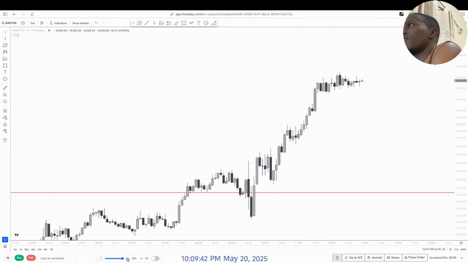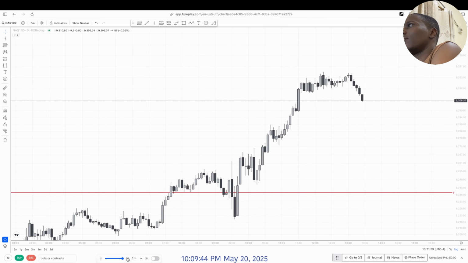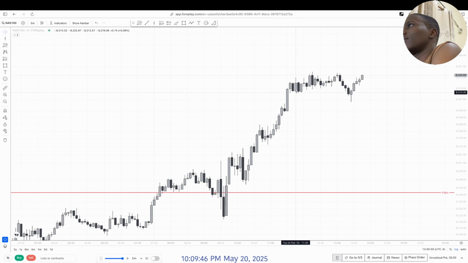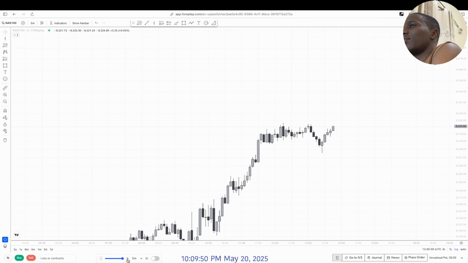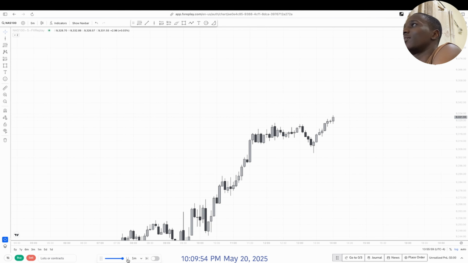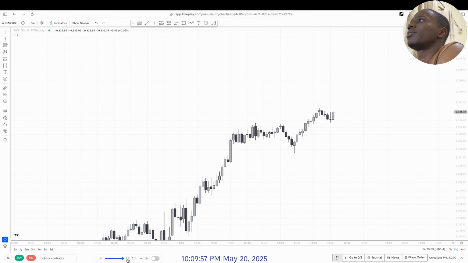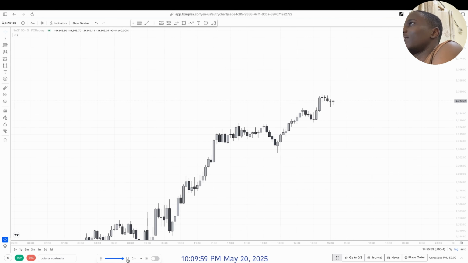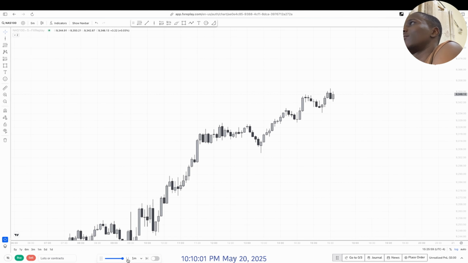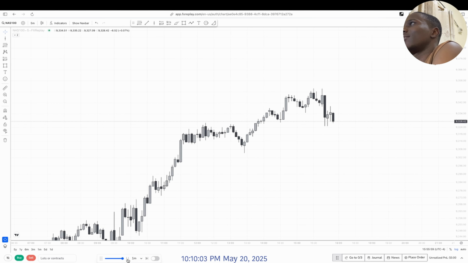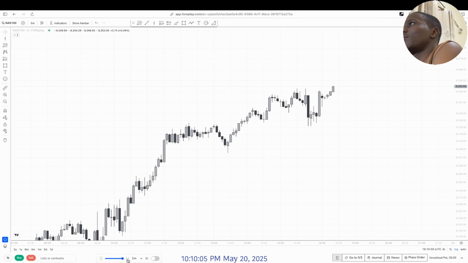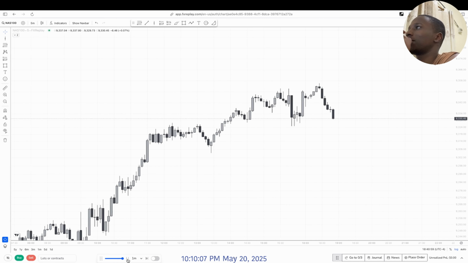Okay, you can see this fair value gap a bit holding, this one right here, and it's PM session now. I don't think I need this trade, but this one is also a good setup. One can take it, but not for me. I won't be taking it now. You can see that it provided a good risk to reward right there. And now let's wait for the next day and see if we can get an opportunity.